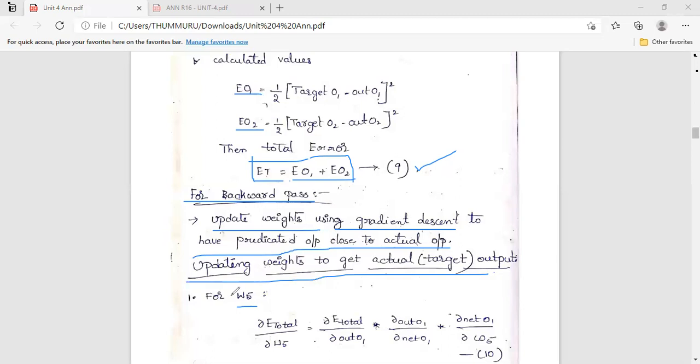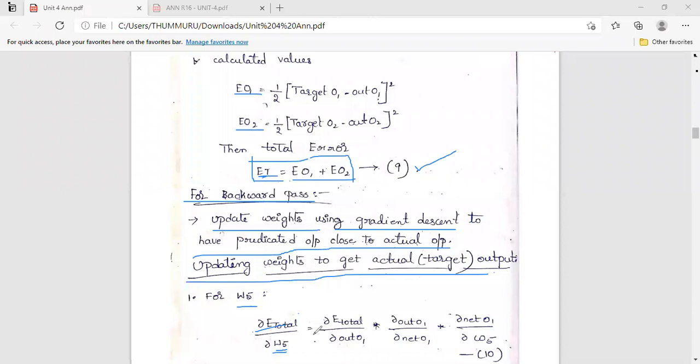If you want to change or update the weight W5 value, then you need to calculate this formula, dou E total by dou W5. E total in the sense total error rate, ET, which we have already calculated. Dou E total by dou W5. But this W5 is not visible in E total. That's why this total formula